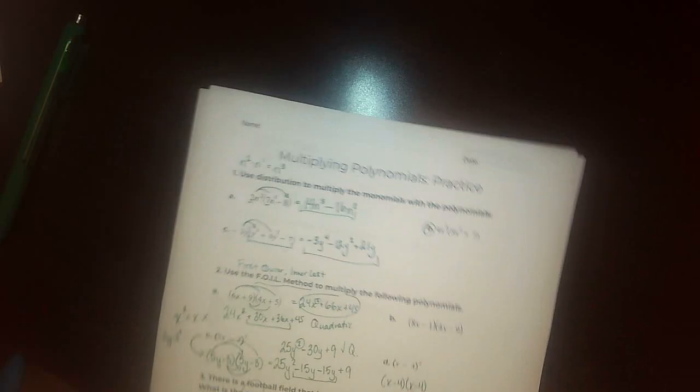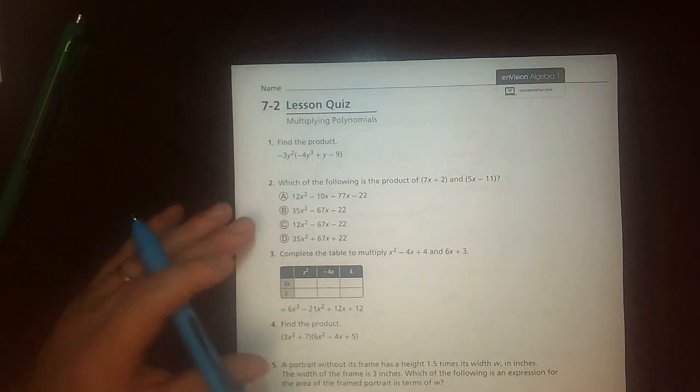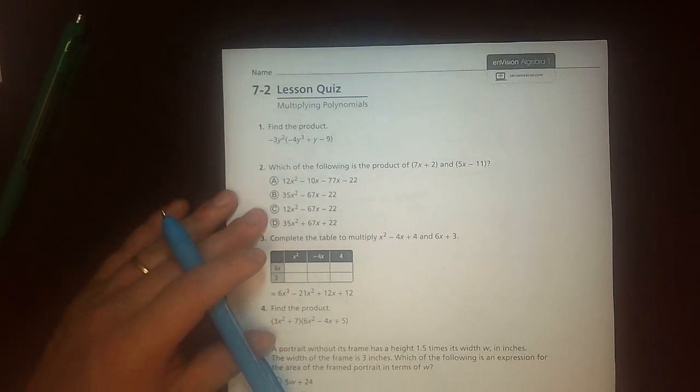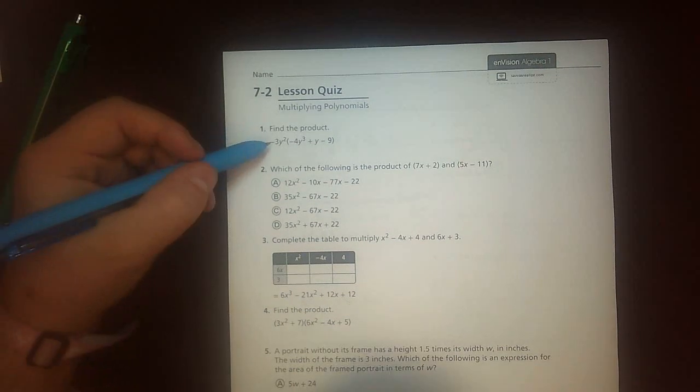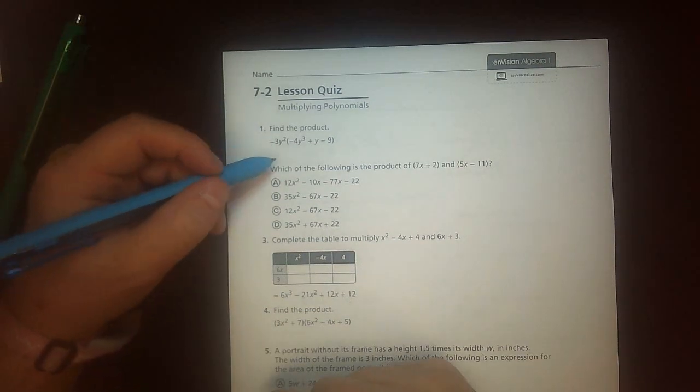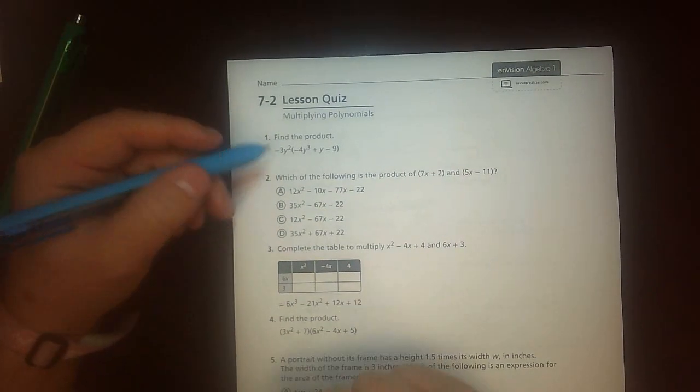We have one more page. That last page is this right here, and it's only 5 questions. I know it's titled Lesson Quiz. This is not a quiz. I just pulled it from an online resource that had it titled as a quiz. So, find the product. We're not going to do this one together, but I will remind you,